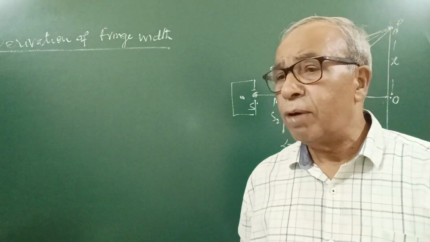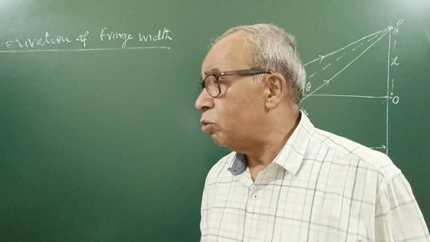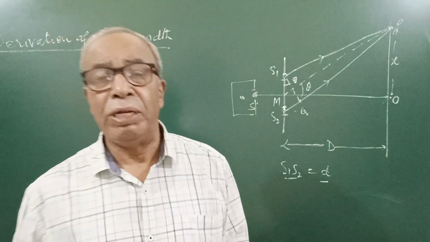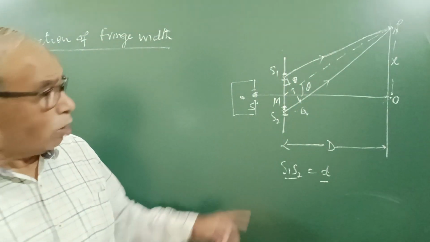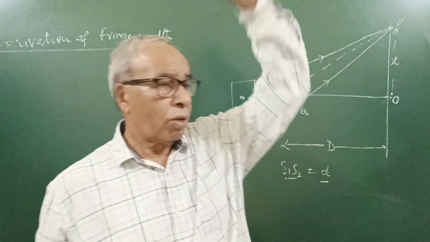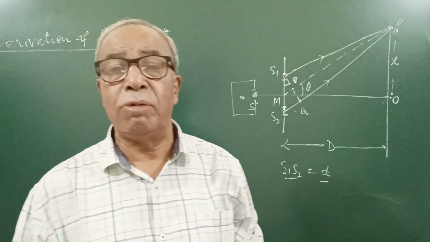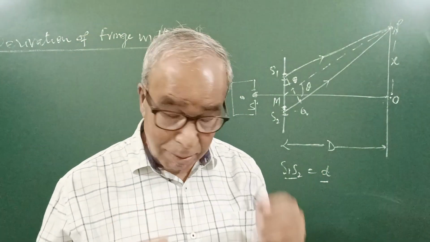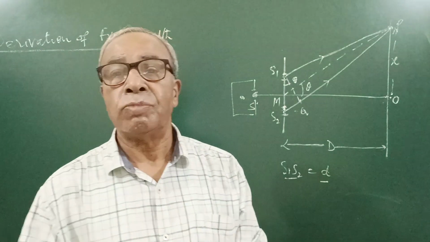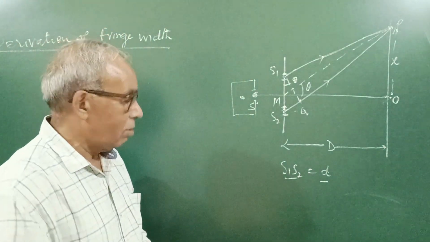So one experiment was performed by Thomas Young, in which he was able to obtain fringes from two narrow sources like this, and he was able to measure the wavelength. He established the wave nature of light. Light has wave character. That is established by